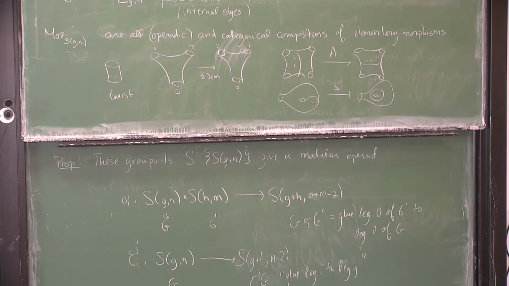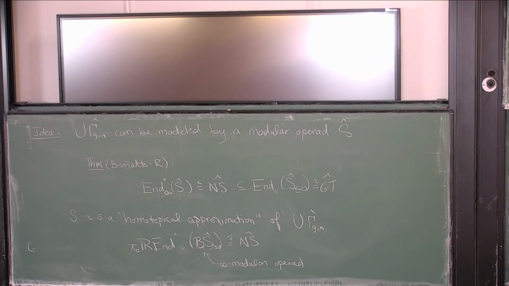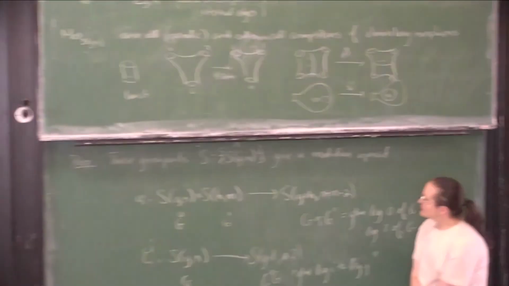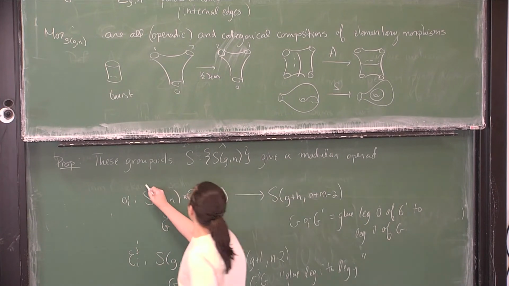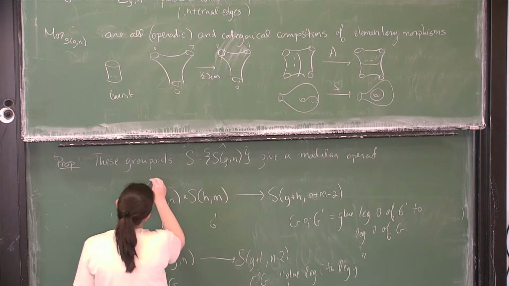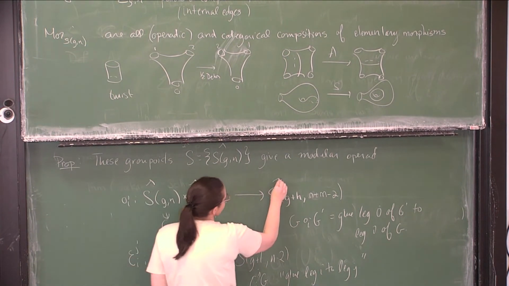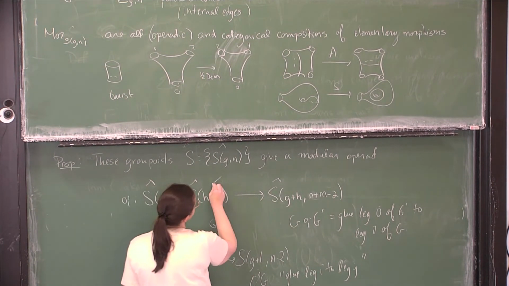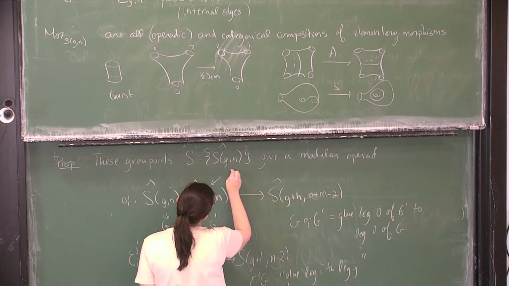Okay. So in fact, we can entry-wise profinitely complete, and then this composition is determined by passing through